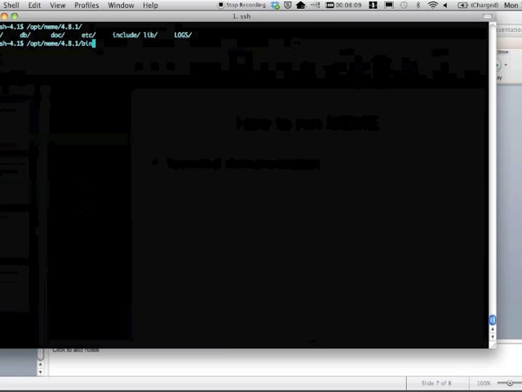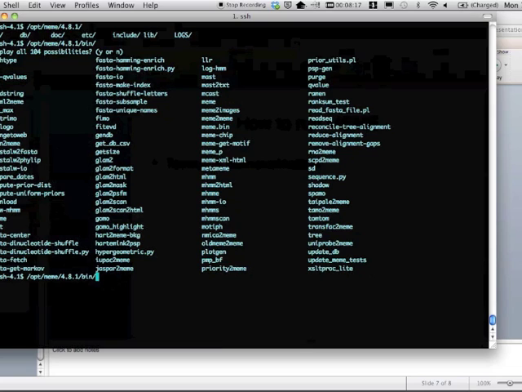So all of our programs are stored in opt, and then I look for meme, and then its program list is within bin. So now I can look in bin, and I do want to list all these possibilities so you can just see how many different programs are in the MEME suite. So these are all the different programs of the MEME suite,